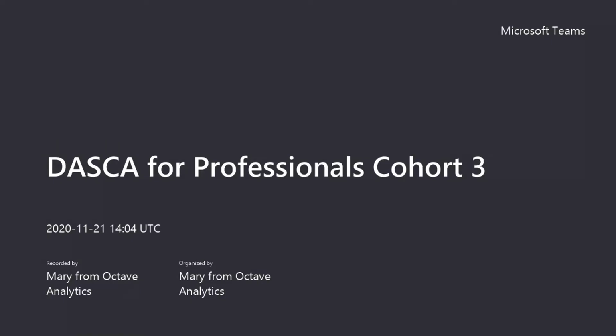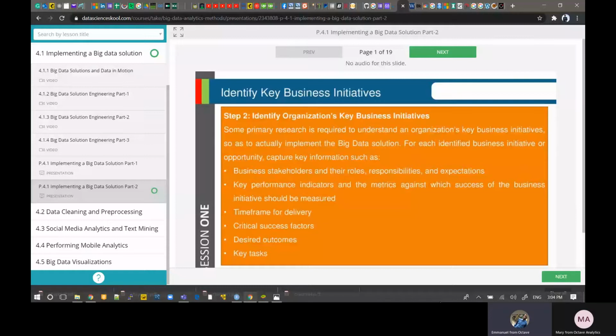So here, step two is to identify the organization's key business initiatives. What are the metrics that are important to this? What are the KPIs? So primary research is required to understand an organization's key business initiative so as to actually implement the big data